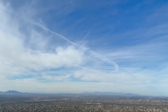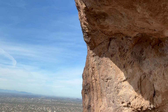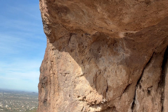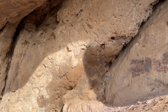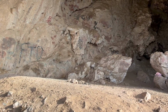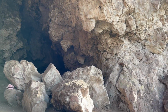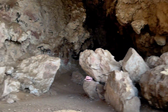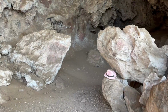Okay, we made it to Broadway Cave. I'll try and go slow here. Yeah, it's a cave. We'll find out the specifics on the research. That pink cat's been there probably forever. I saw it on a...